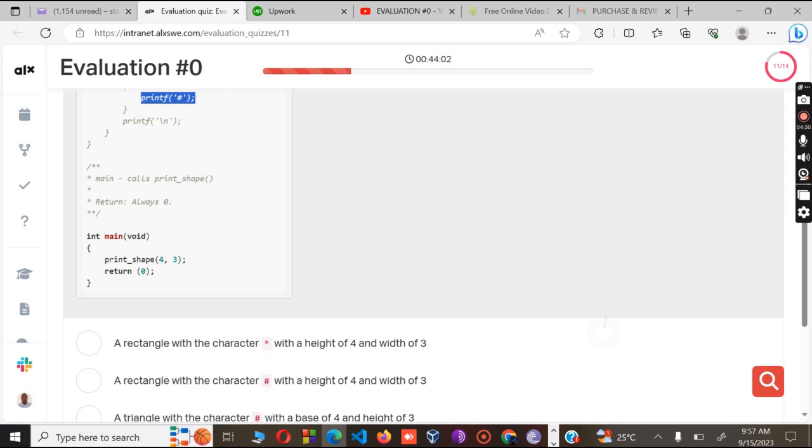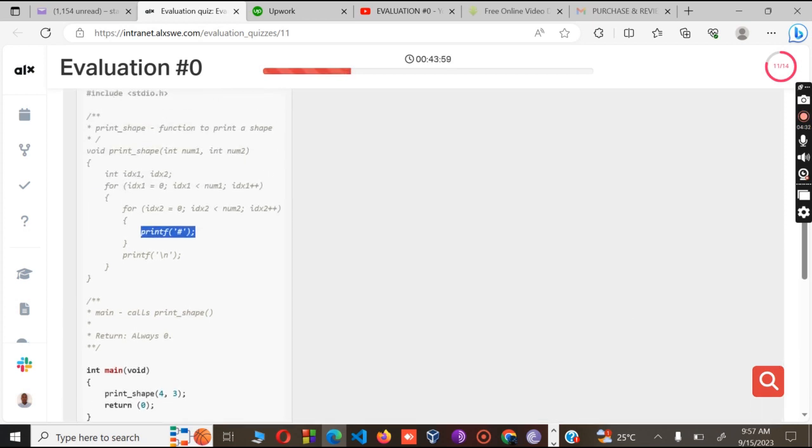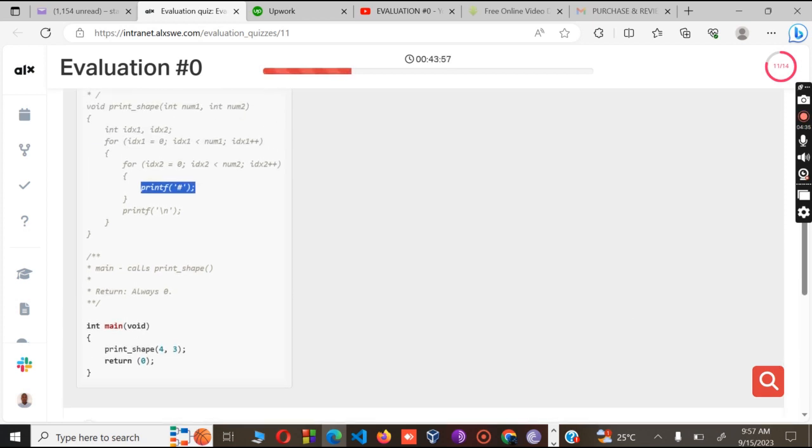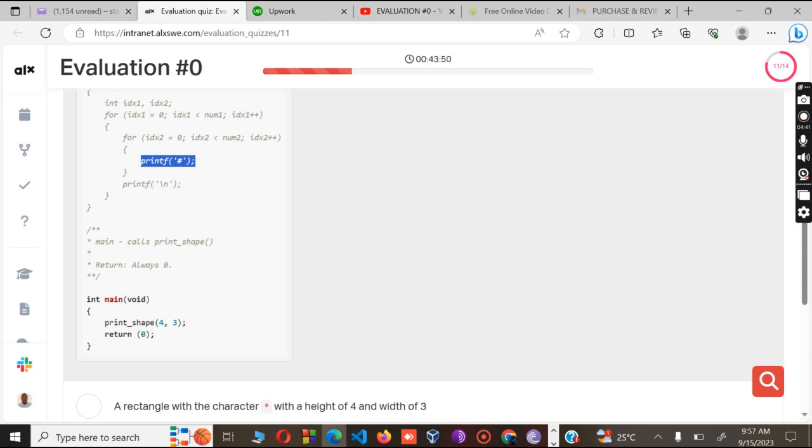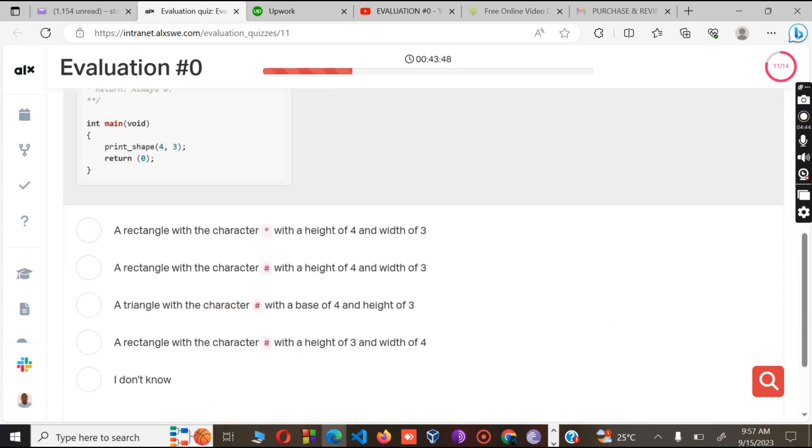So it's supposed to be a rectangle. Remember we have been given two numbers, 4 and 3. So number one is supposed to have this hash, then 4 and also the 3. So it's supposed to be a rectangle with